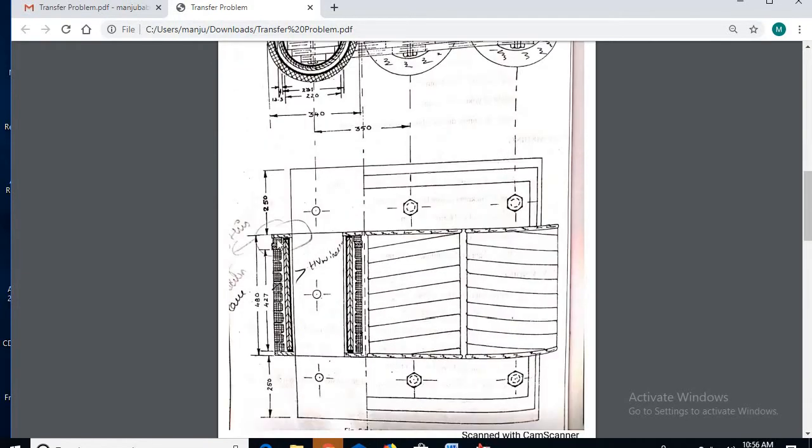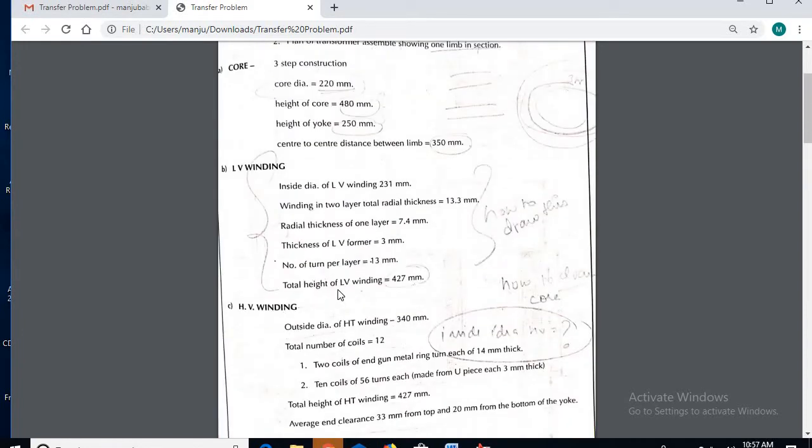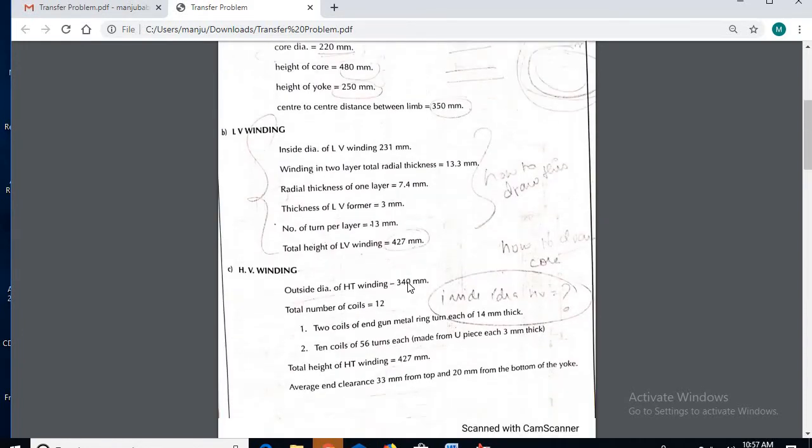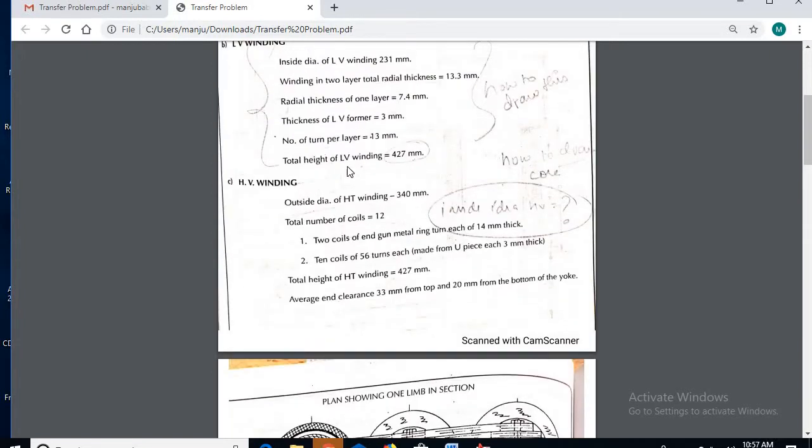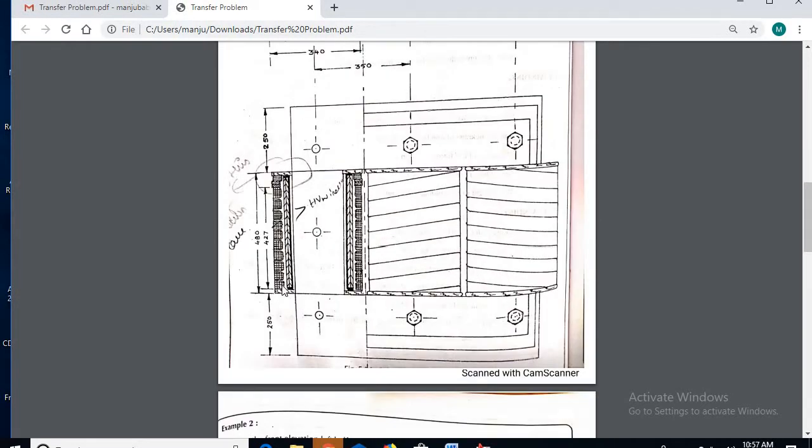Next, coming to the elevation, the yoke height is 250 mm and the core height is 480 mm. In that, the total height of the LV winding is 427 mm, and the total height of the HV winding is also 427 mm. Next is the end clearance, which we have to give at the top and the bottom.